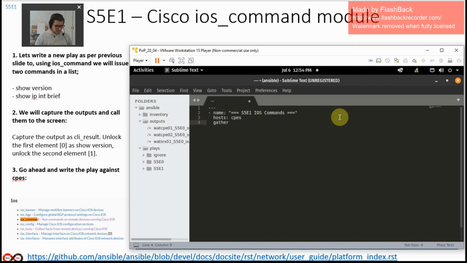Gather facts we will set to no, because that would actually run against our Linux machine, making it pointless. And then we're going to kick off with some of the actual tasks. And here we go. We are going to be doing our first task. And our first task is task 1, issue iOS commands